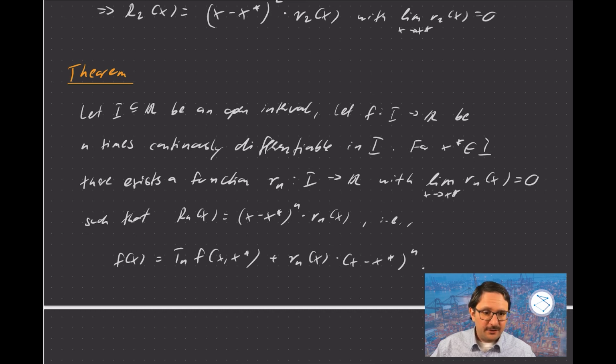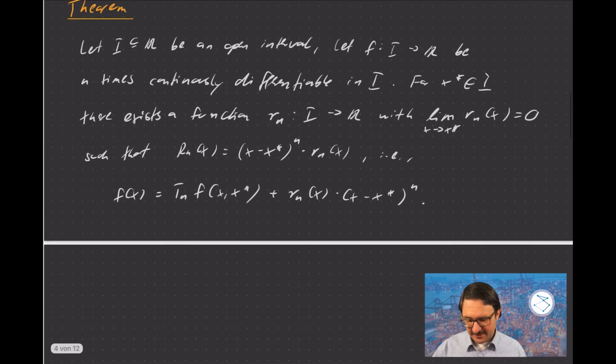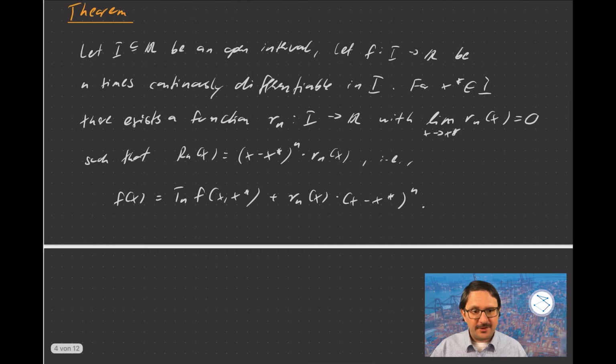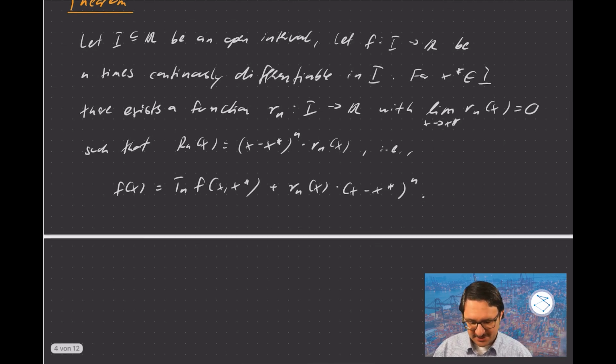Now, of course, that is only true in the limit, so we don't really know how close we have to be to x star if we want a good approximation, for whatever definition of good we use. So one other question is, can we explicitly bound that error for a given point? This is something that this theorem does not provide, but there is a theorem that does provide just that. So the additional question would now be,